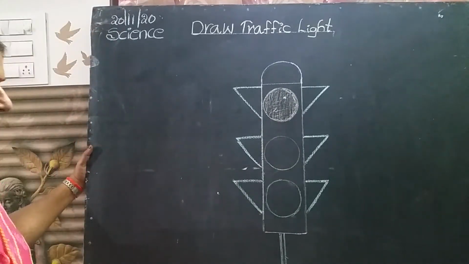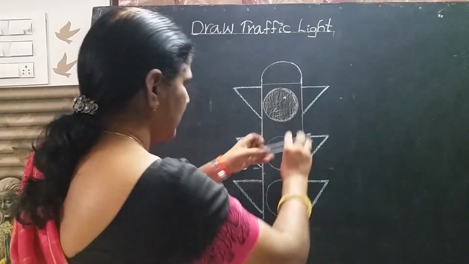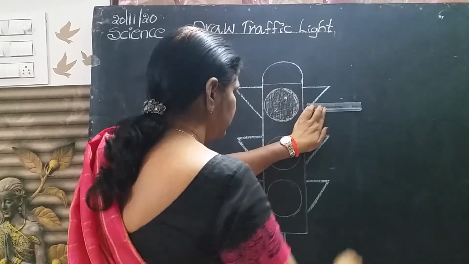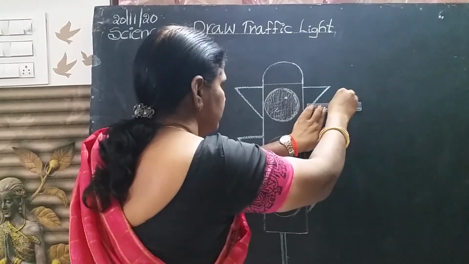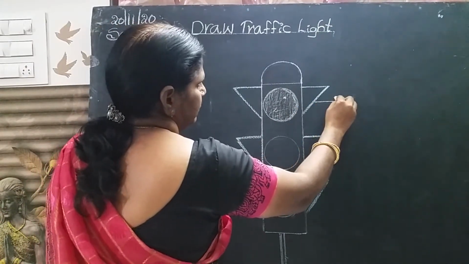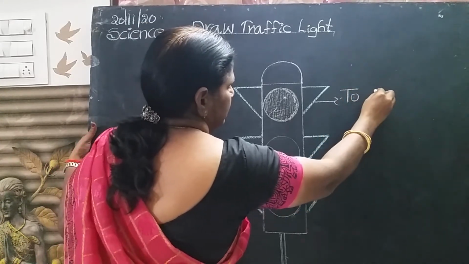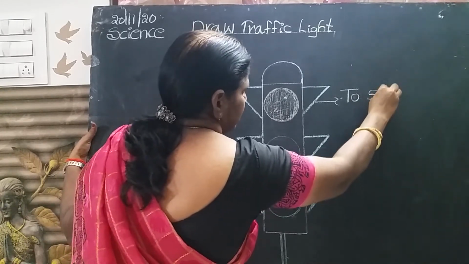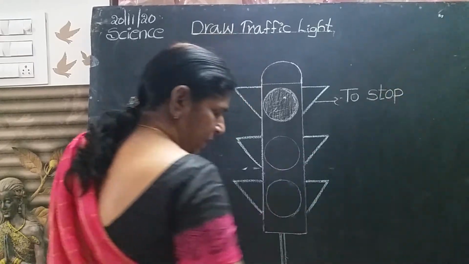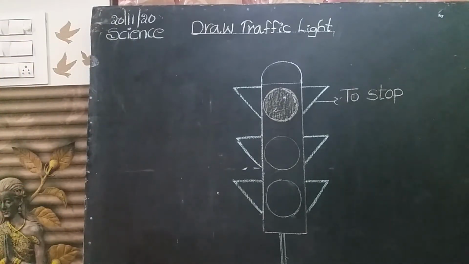Red color light tells us to stop. Write it here. Is it clear now, children? Yes. So you write indications of lights according to their